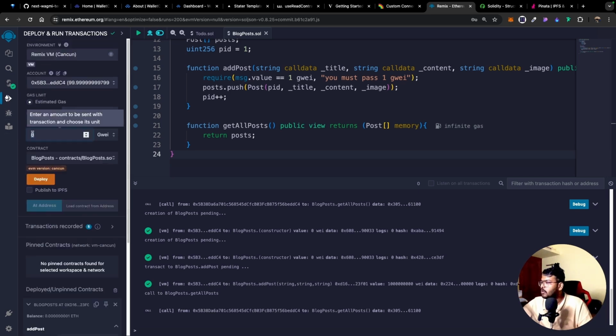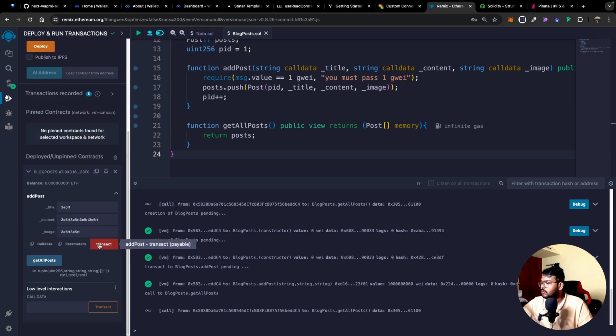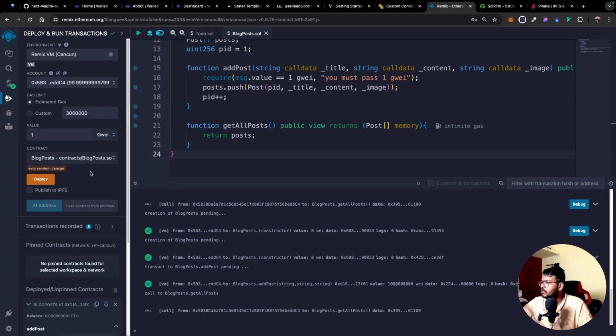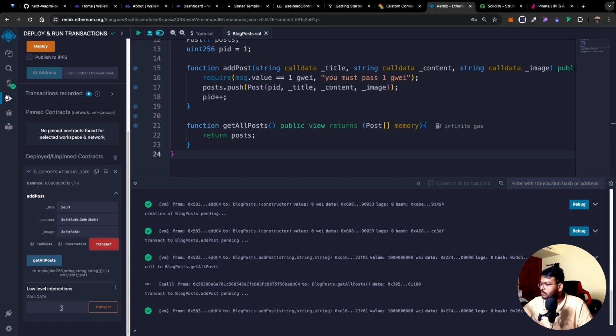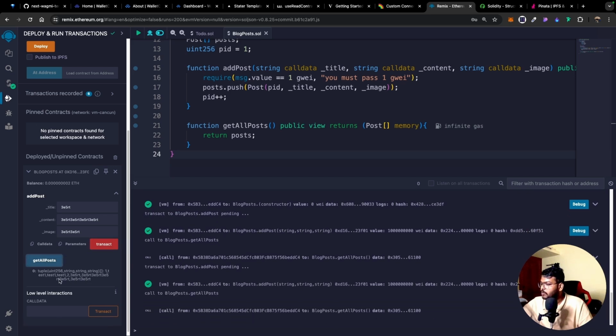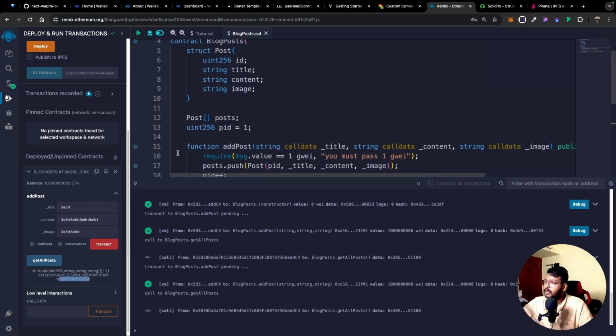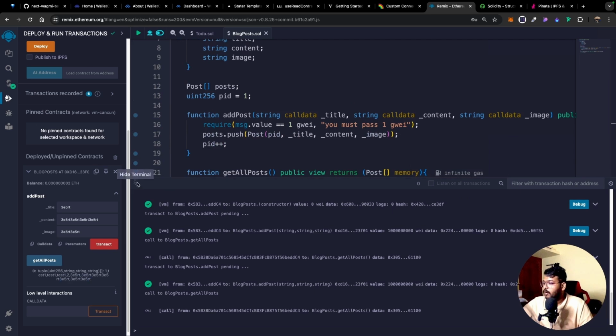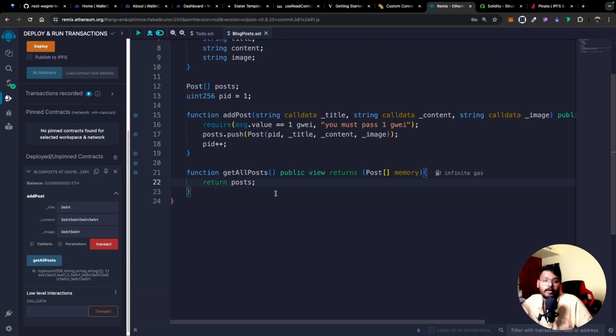And we need to pass one wei again. Transact, which is one wei. Yep, transact, get post. You see, it is being added to this array. So it is pretty much simple for right now to use this,